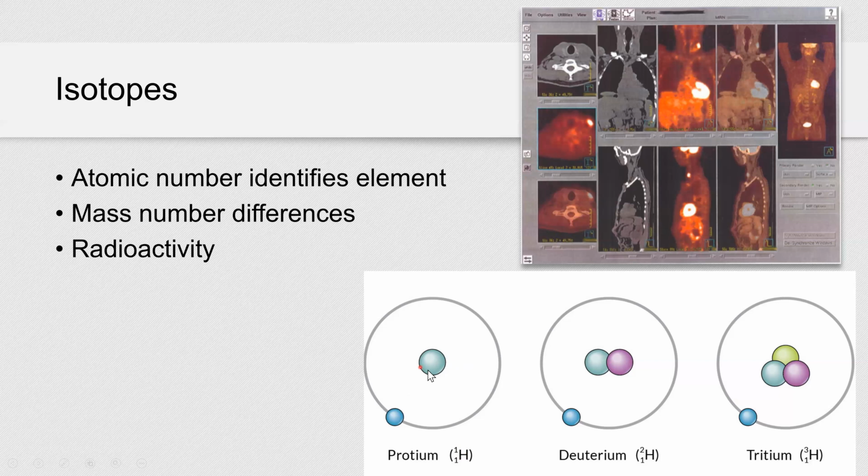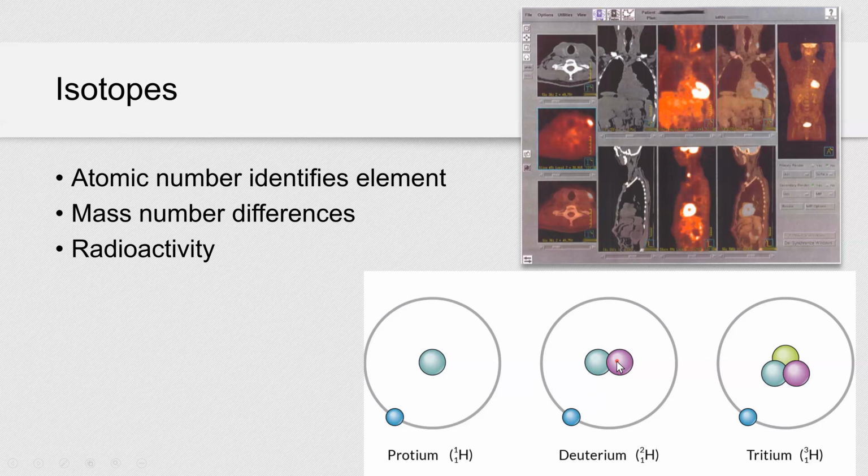So that's why the atomic number is 1, and the atomic mass is 1, and it's a protium. However, hydrogen also exists in the form of deuterium, when we have 1 proton, 1 neutron, and 1 electron, but then the atomic mass is going to be 2,